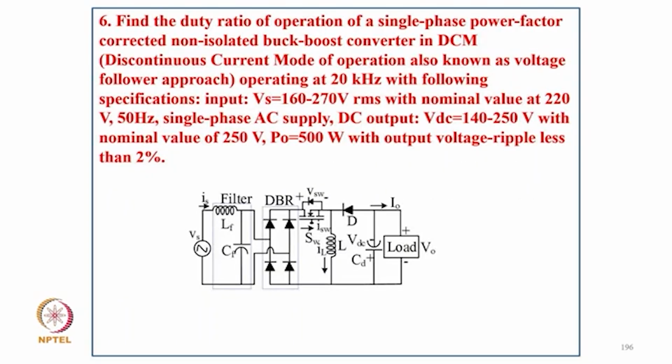is 0.406 millihenry. Now coming to solved problem 6: find the duty ratio of operation of a single-phase, perfectly connected, non-isolated buck-boost converter in DCM, discontinuous mode operation, also known as the voltage follower approach, operating at 20 kHz with the following specifications: VIN 162 to 270 RMS with a nominal value of 220 volt, single phase supplied, DC output VDC equal to 140 to 250 with a nominal value 250, PO equal to 500 watt with output voltage